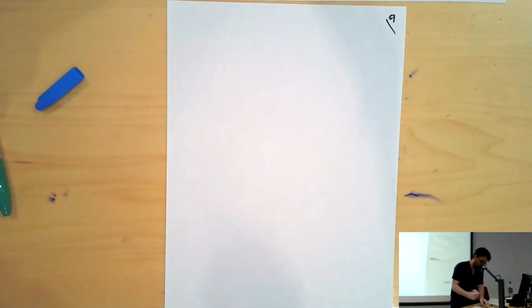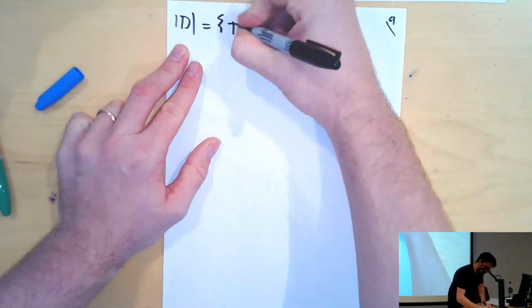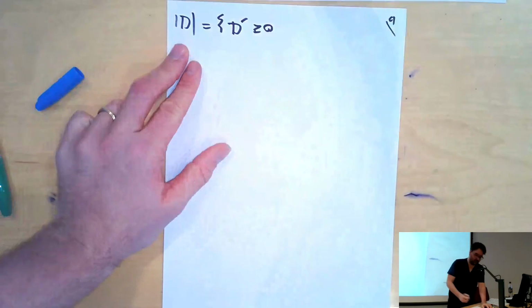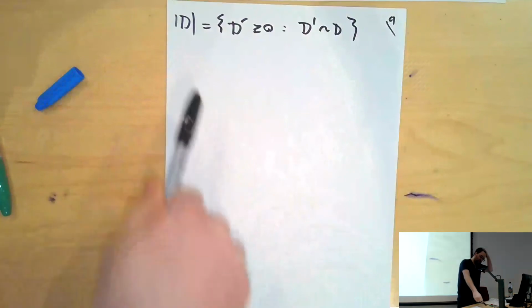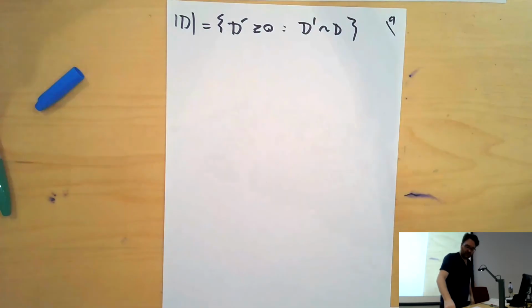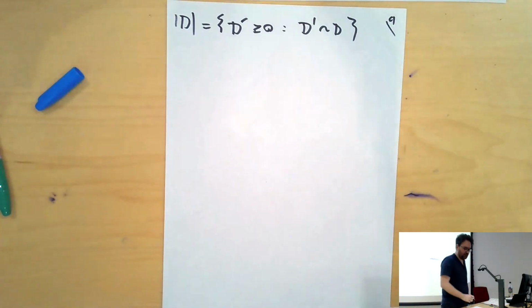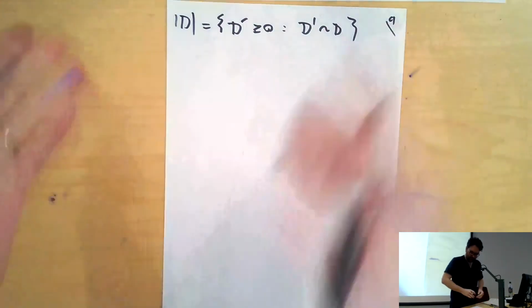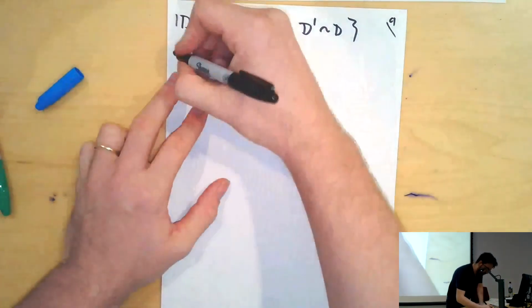So, similarly, you can set up a linear system. This is just the collection of D prime, which are out of debt, effective, such that D prime is equivalent to D. Again, this is finite, not totally obvious, but here's a hint. If everybody borrows once, nothing happens because you're sending the same amount of money in and out. And so when you start working with this, you quickly can set up some polytope and look at integer points in that polytope, or lattice points rather. And then the rank